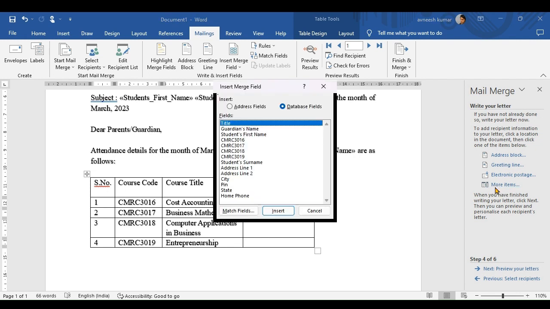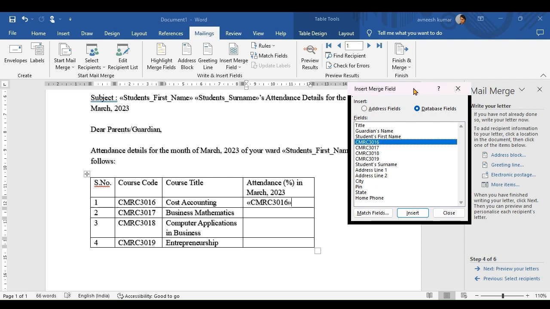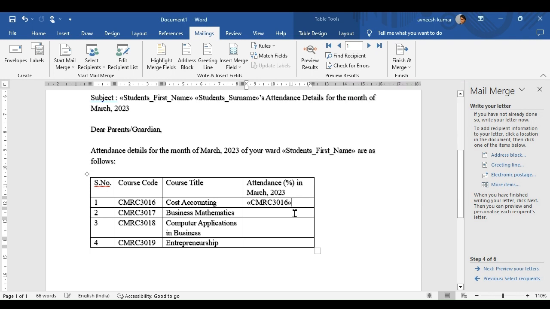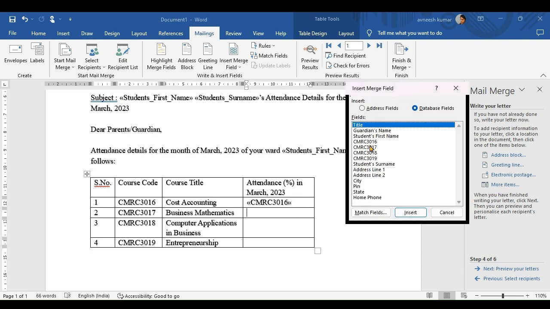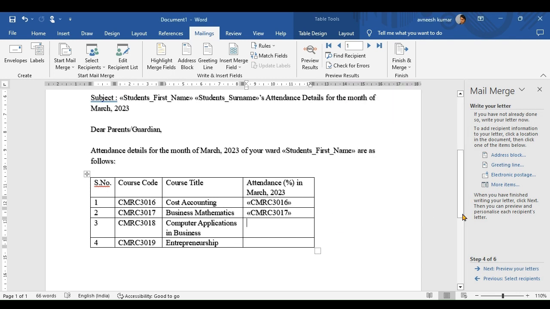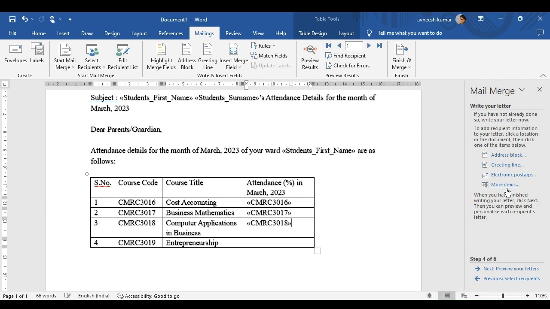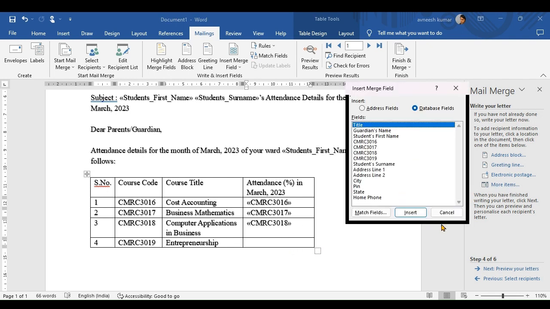You can see more items. Click on CMRC 3016 and enter. So see, this field has been inserted. You can see here. Then we close. Click here again. Click on more items. Then CMRC 3017. Then click here again on more items. CMRC 3018. Then more items, and